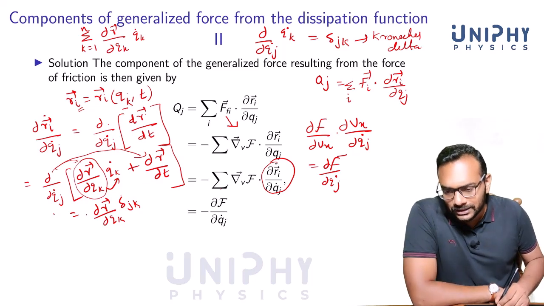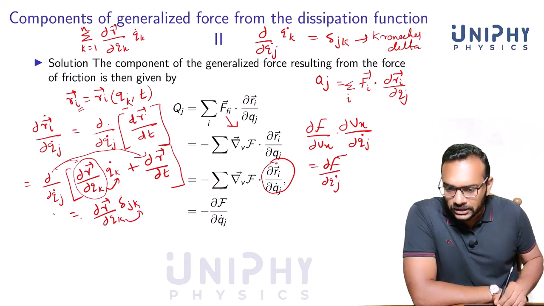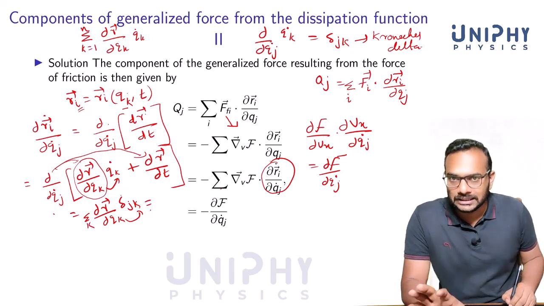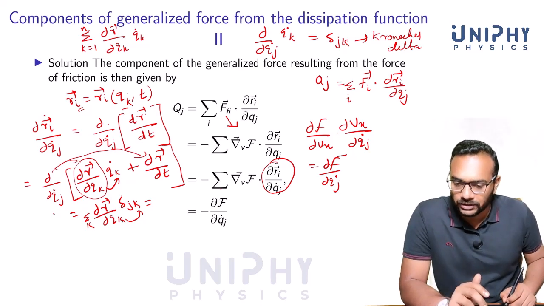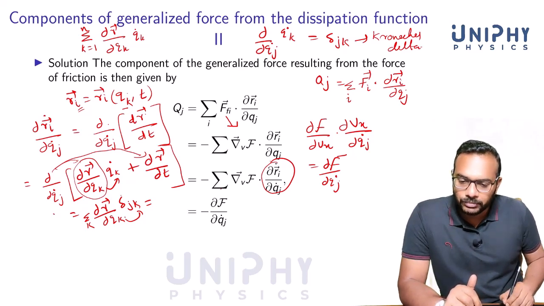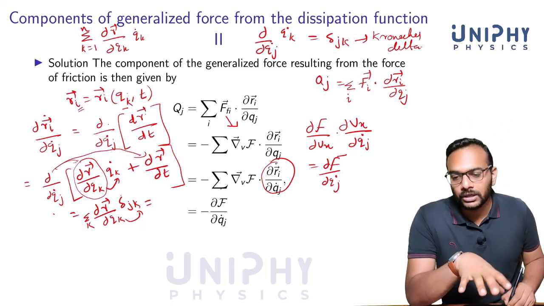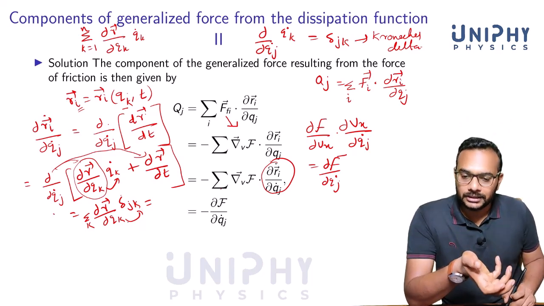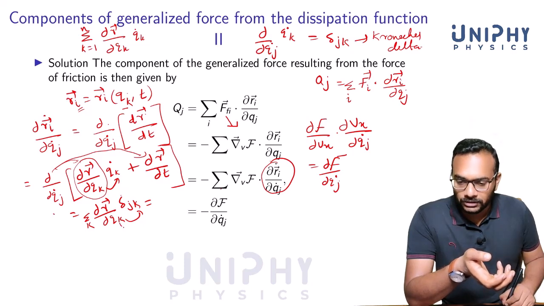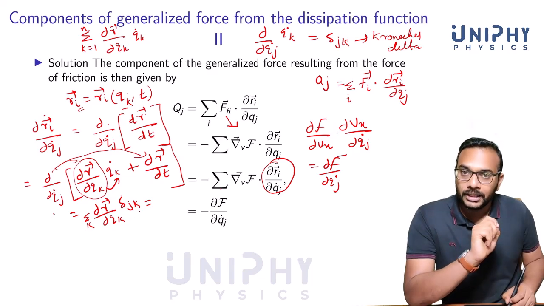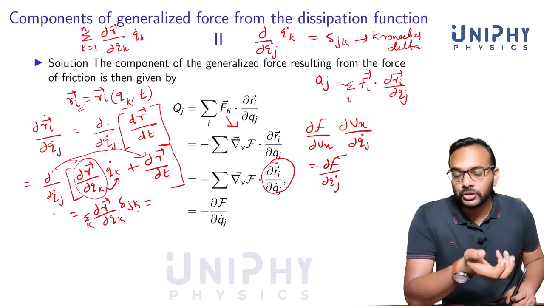Now what is this term? As I said, I am using Einstein summation convention, so there is indeed a summation over k here, which is implied. So what's this? You are summing this over all the values of k. But we know that for only one value this will be non-zero, only for that value where k is equal to j. Actually we have to take all the terms in this summation from k equal to 1 to n, but the only non-zero contribution comes from the term corresponding to k equal to j.